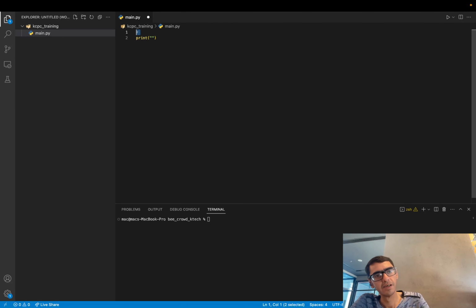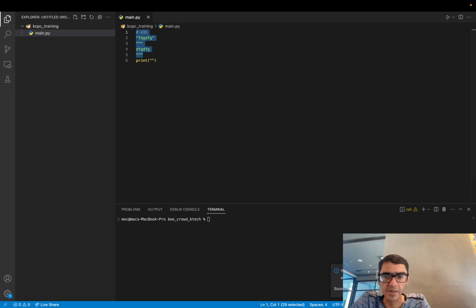These comments are not visible to the compiler, or in this case, the interpreter for the Python language. The interpreter ignores the hash and also ignores the triple quotes and the strings. Okay, so these three are ignored. They are not processed by the compiler. You can type whatever you want here, and it will have no effect whatsoever on the functionality of the program. Okay, so this is regarding comments